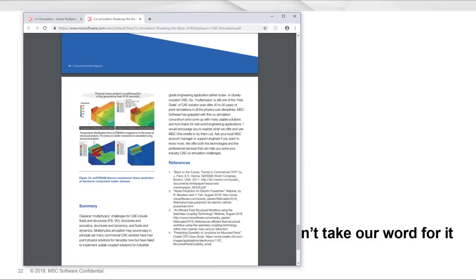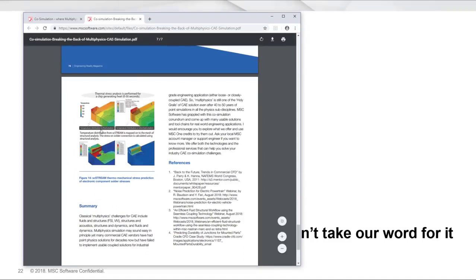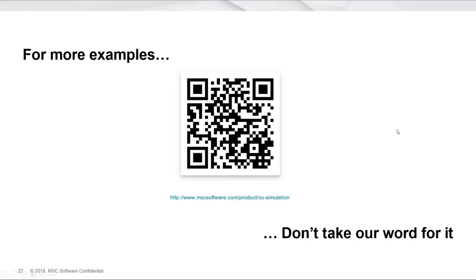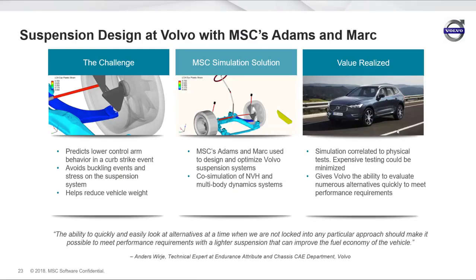Oh, there's a nice example. SimXpert providing thermal analysis results to Nastran so that we can start to predict thermomechanical stresses in electronic components. Real nice example. So an awful lot of great capabilities here, and you don't need to take our word for it. You can actually see what customers and the rest of the industry are doing. So with that in mind, here's a great example from Volvo